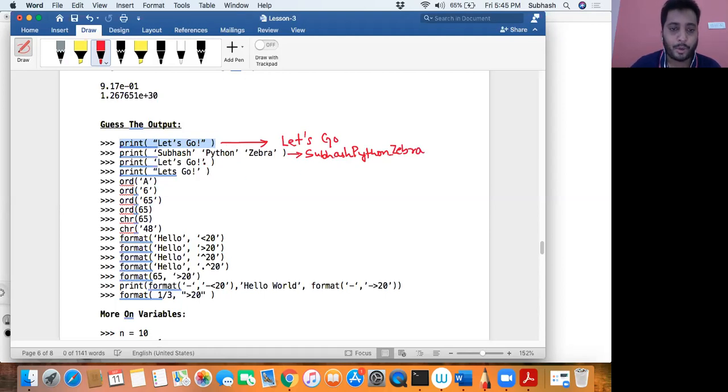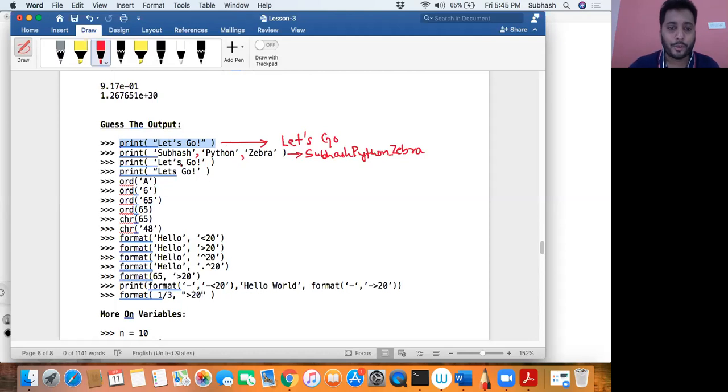Now as an assignment, I want you to put a comma in between and see what could happen. Just put a comma over here and see what would happen. Probably as you expected, there would be a space between these words: Subhash space Python space zebra. That would be the output, right?